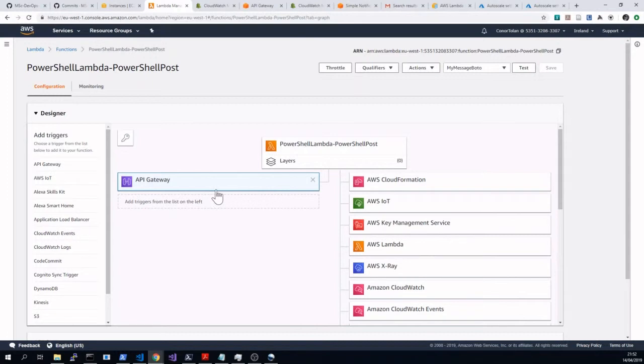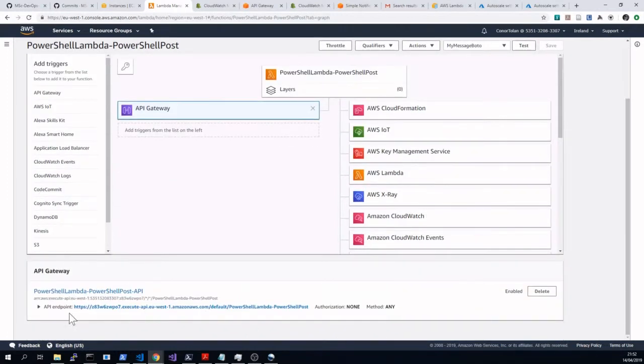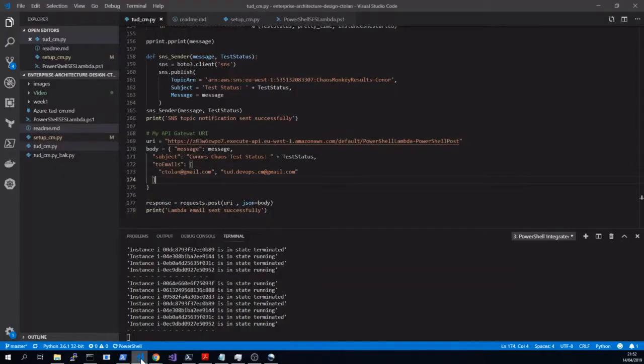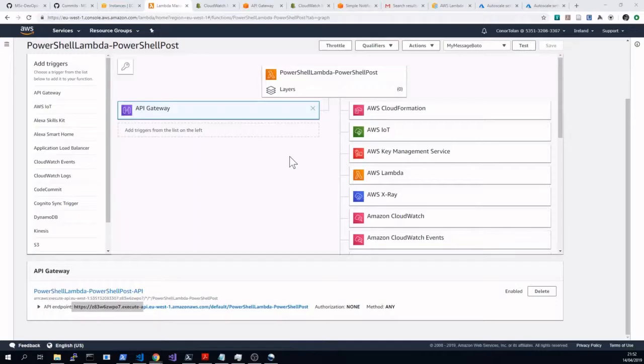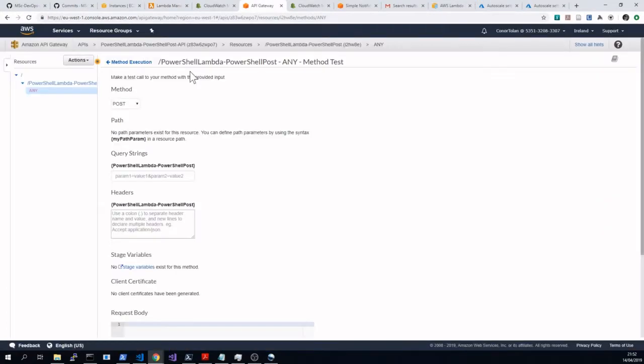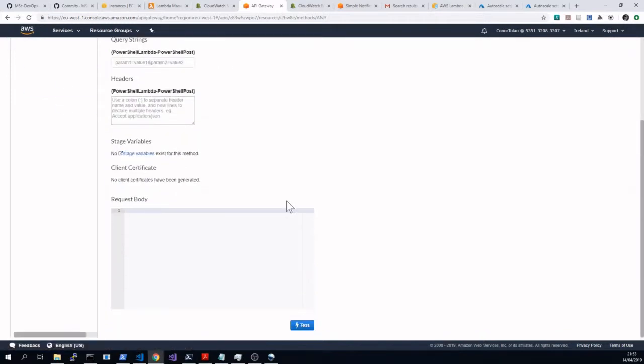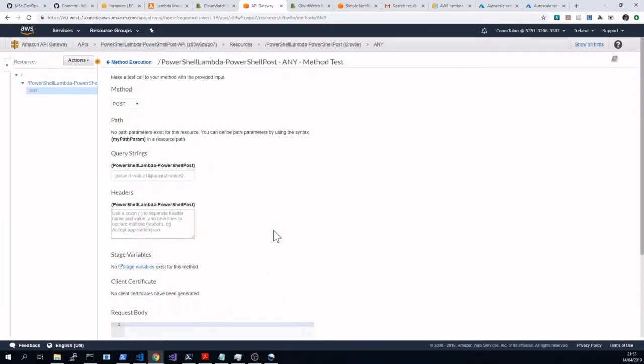You click trigger on the left, you add it, and then you configure it, and you get yourself an endpoint, which you see here begins with Z83. If I flick back here, you can see that this begins with Z83. The API gateway can be configured to have only a specific method, but I opened mine up to take any. And then the post request posts the body to the API gateway,